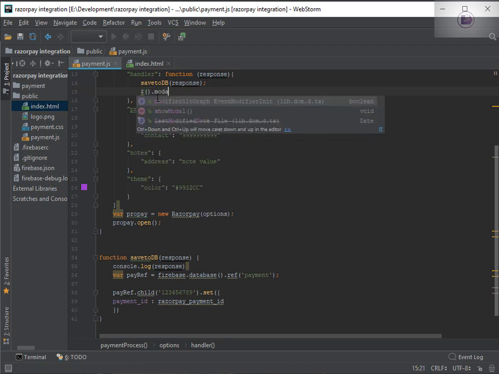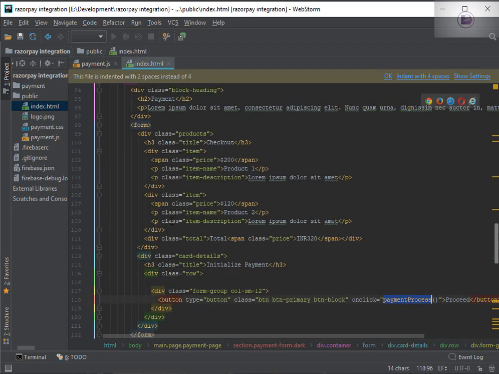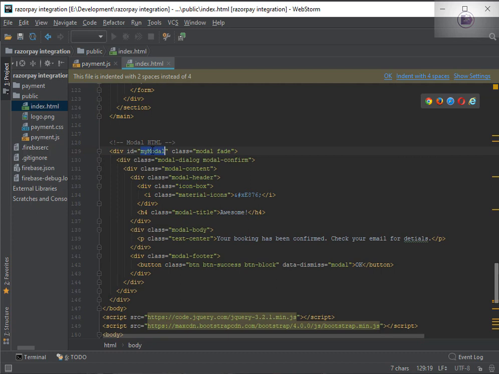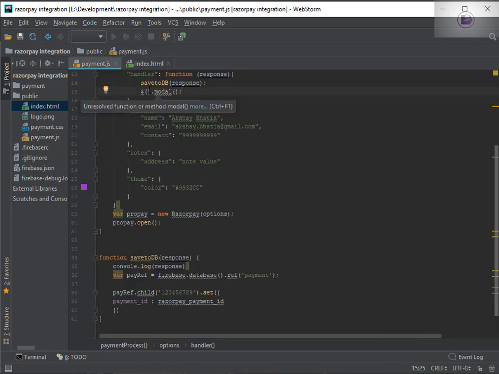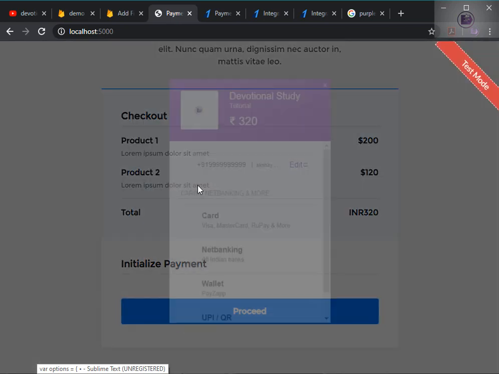So I'll just say modal, and I'll add the modal ID. I don't remember the ID, so I'll just copy that. Okay, my modal, we'll just give the ID here. We'll just give the reference, save it, go back to your page, reload it, proceed, and we need to